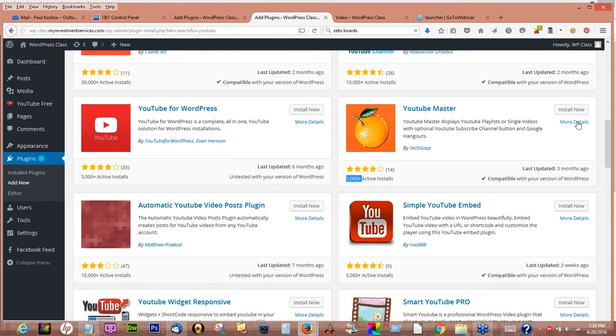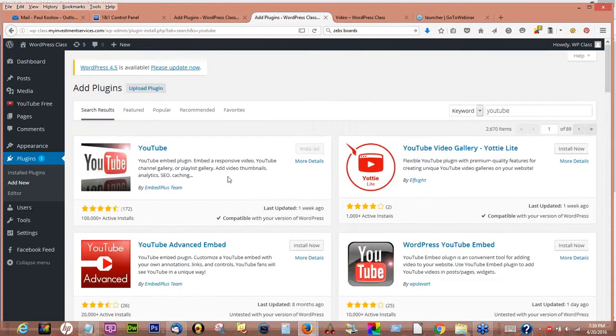So a lot of times I will go to the more details and be a little bit picky about what I'm using. This one I've used before, so I happen to know I was fine with it. If I went to more details,